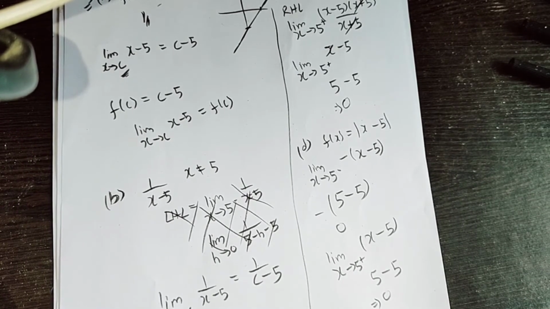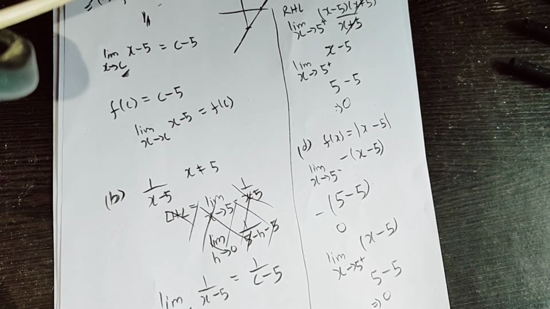And you can also calculate the functional value at 5. So I don't think that you are confused in this question. So we will move on to question number 4. It is written, prove that the function f of x is equal to x to the power n is continuous at x is equal to n, where n is a positive integer.